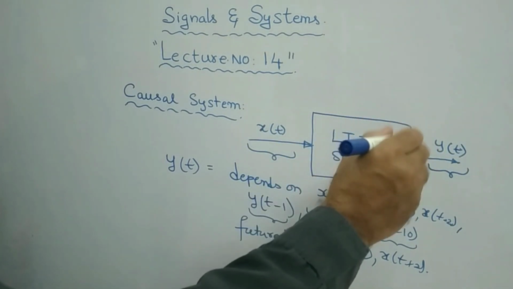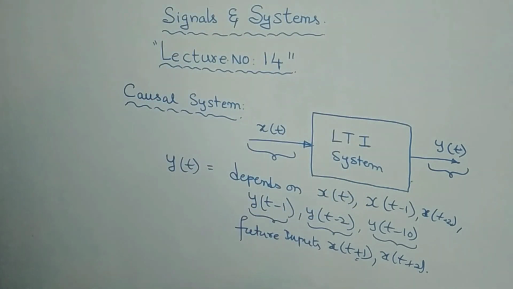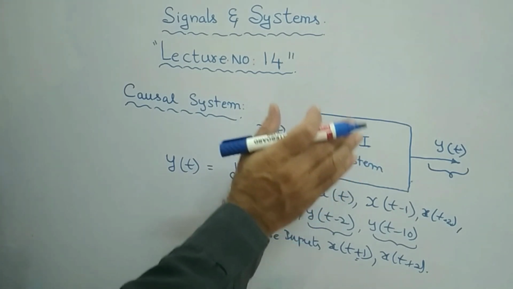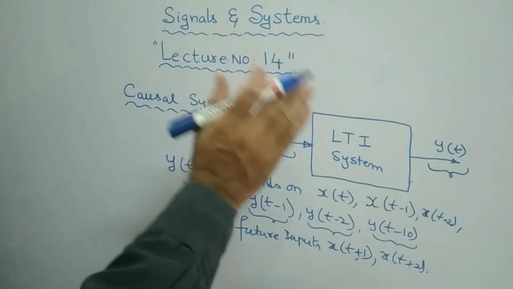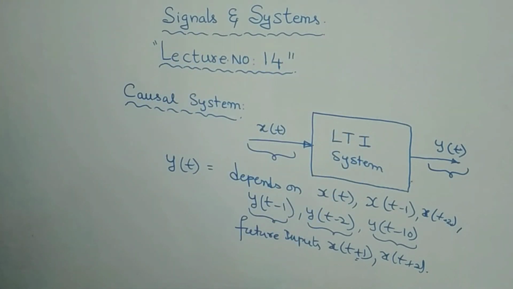If our output depends on future input as well as the future output values, then that particular system is said to be a non-causal system. Very simple definition, right? Therefore, your output